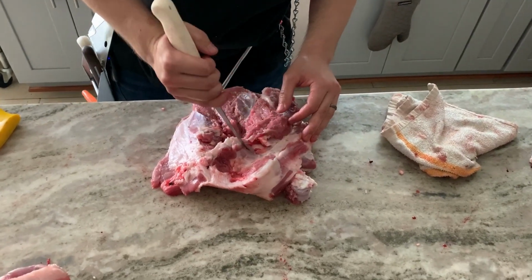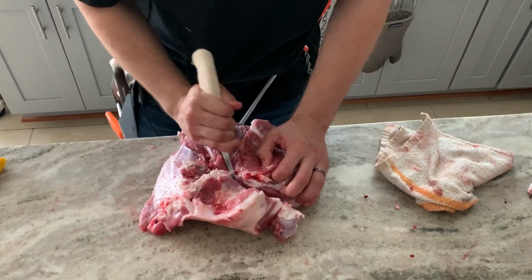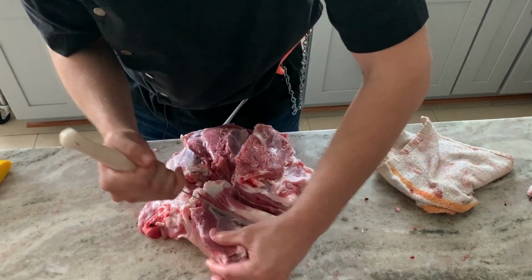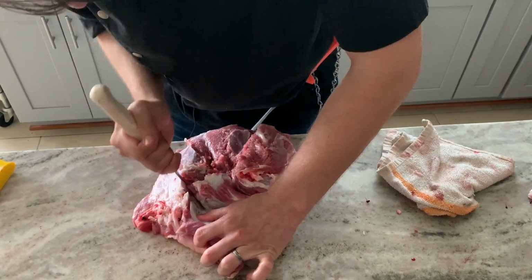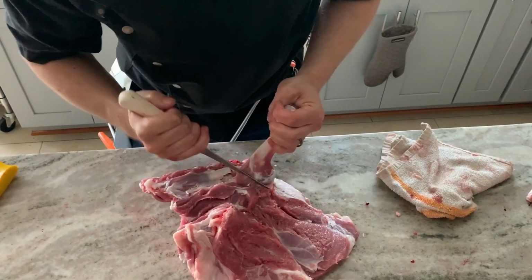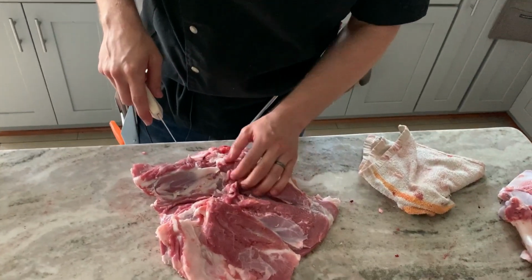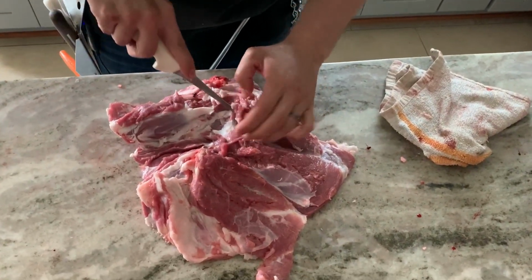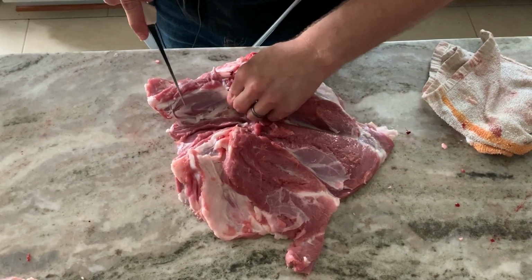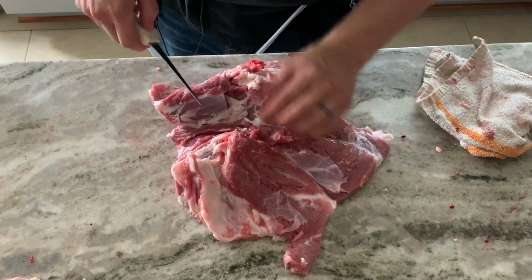So just to take this bone out here, I just run alongside. Again, you want to stick close to the bone as possible. There you go. There are a couple tendons that you want to get out of here, especially if you're leaving this a roast. This is the shoulder. This is the ball socket area. So there's one big one right here. I think this is the bicep tendon here. You want to take that one out, and then